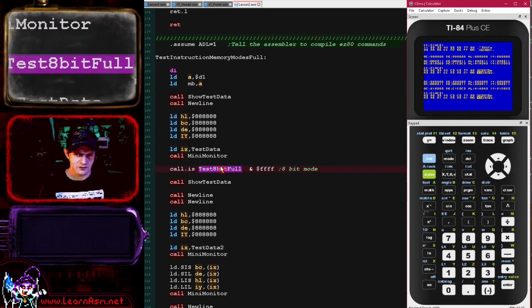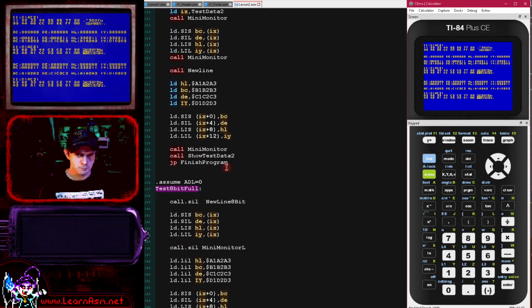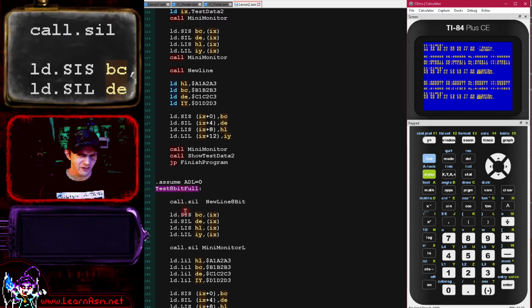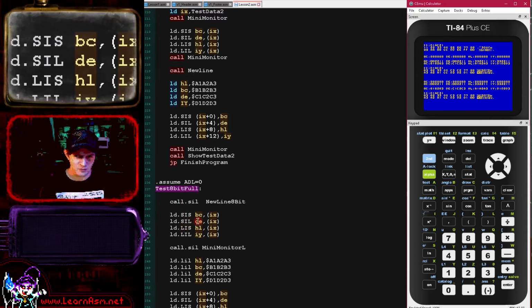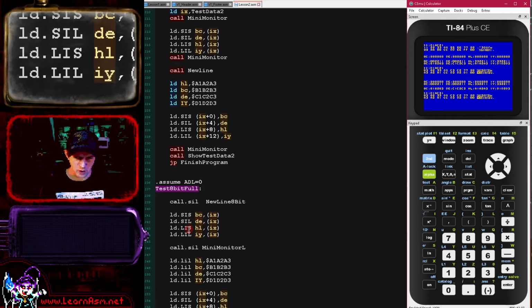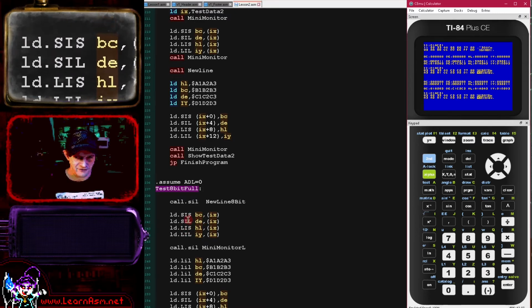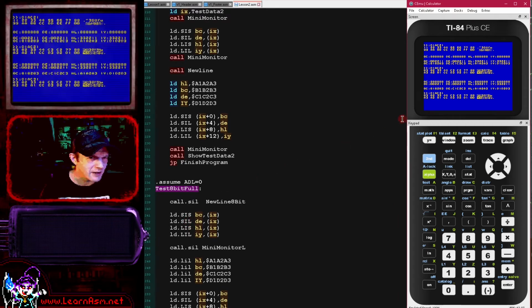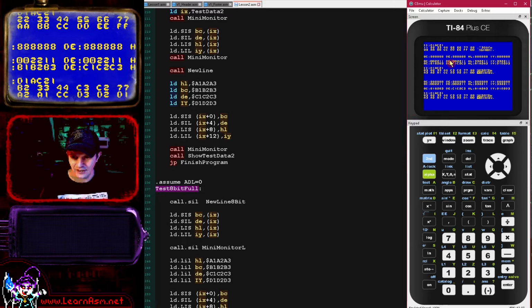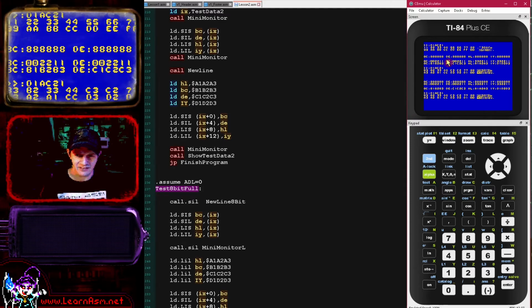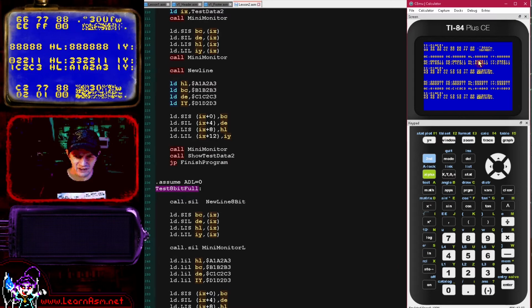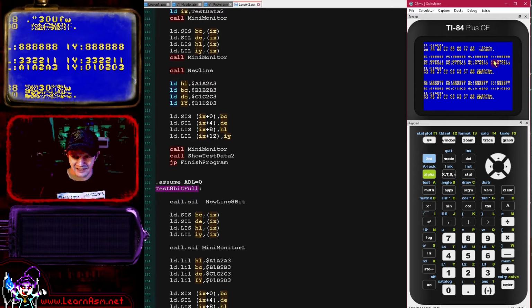So first we're going to jump to test 8-bit full here, which you can see just here, and we are then going to specify the full extension to some commands, and we're going to do each of these loading from IX, specifying the different modes, and we'll see how these registers are actually filled out. Okay, well, let's take a look at what happened. You can see here that these first two values have been loaded in 16 bits, so the top 8 bits have not been filled in, they've been set to 0,